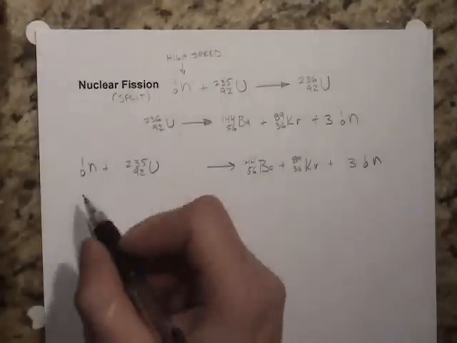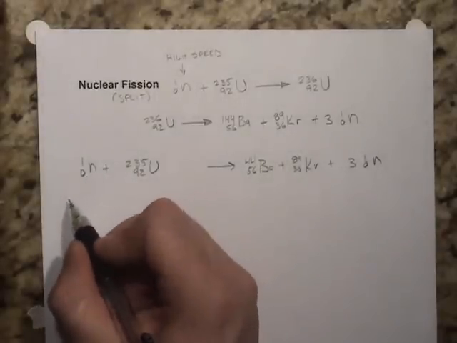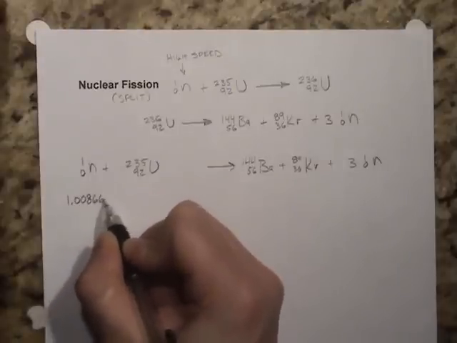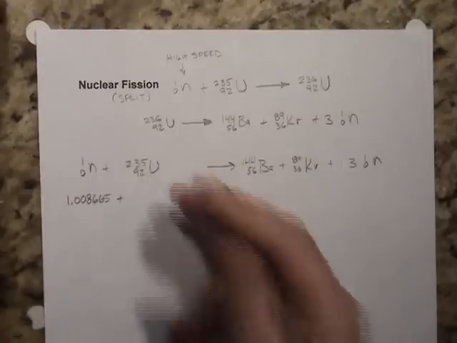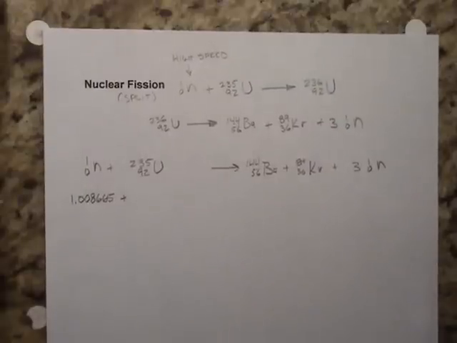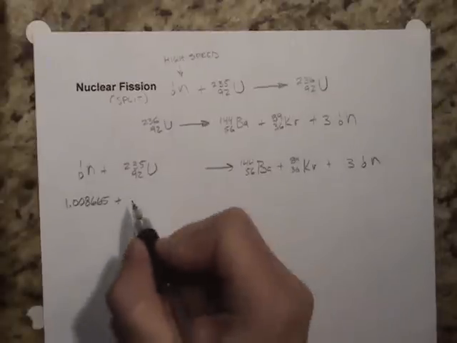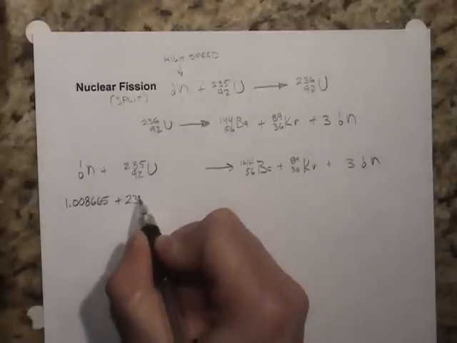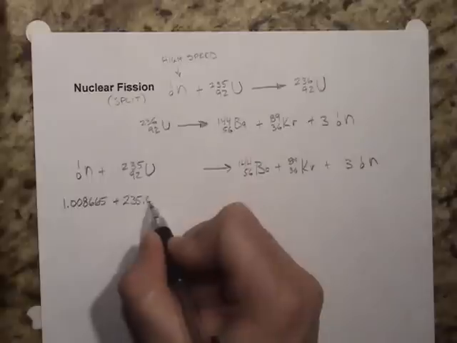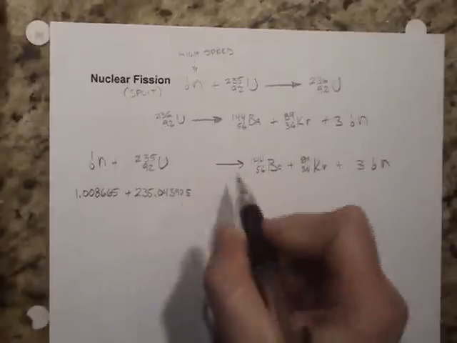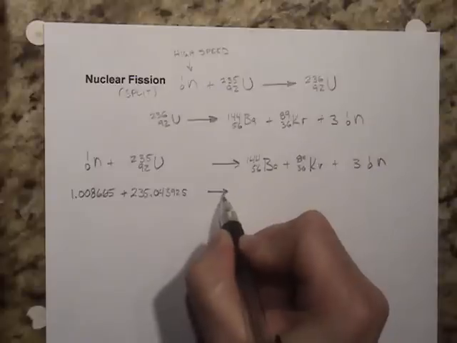Okay, the nuclear mass of 1 neutron is 1.08665. Plus we need the atomic mass of uranium, so we'll look that up in the back of the book. It turns out uranium-235 has an atomic mass of 235.043925. Those will produce